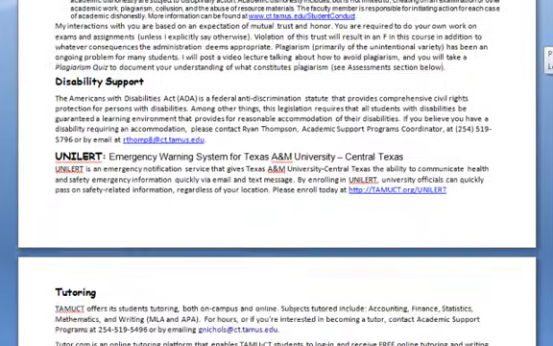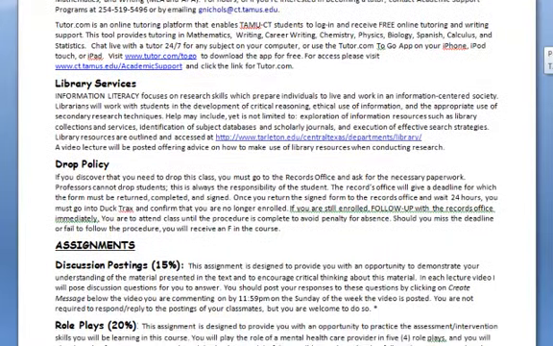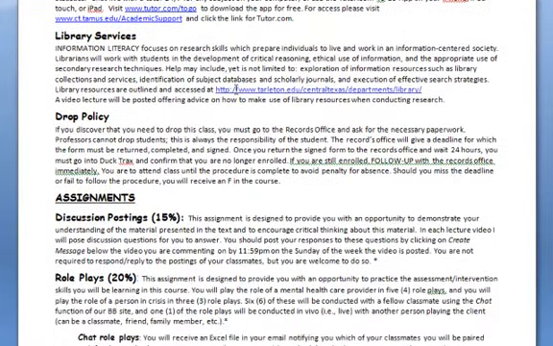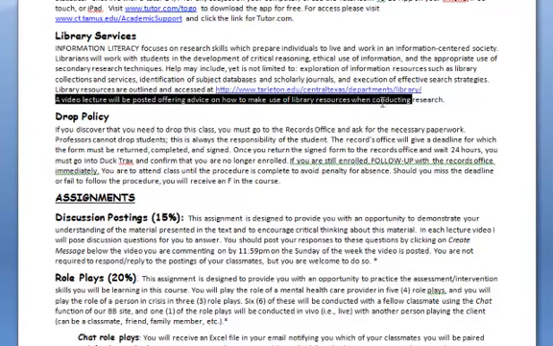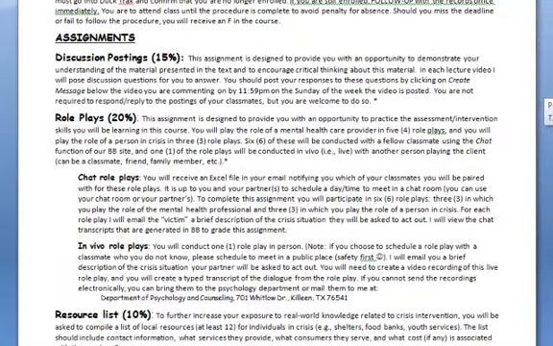You can read those other policies and whatnot. We have a new tutoring service. You can read about that. Library services. One little thing at the bottom of that is I will post a video lecture later giving you some advice, some tips on how to look for articles when doing research for your research paper and just in general in your graduate work. But on to the stuff that you really probably want to know about.